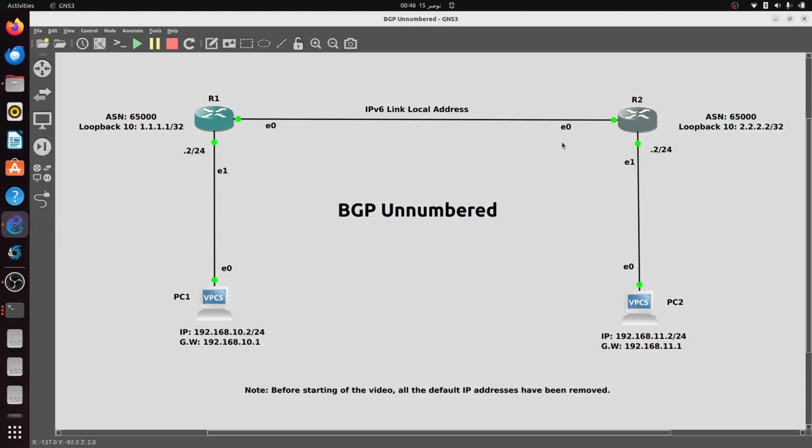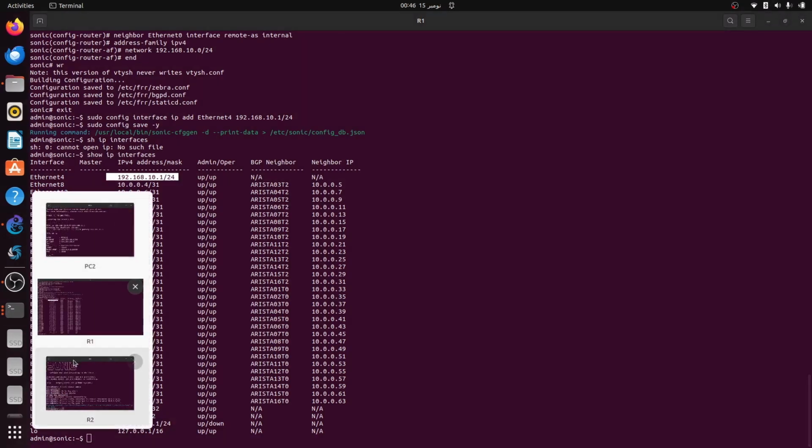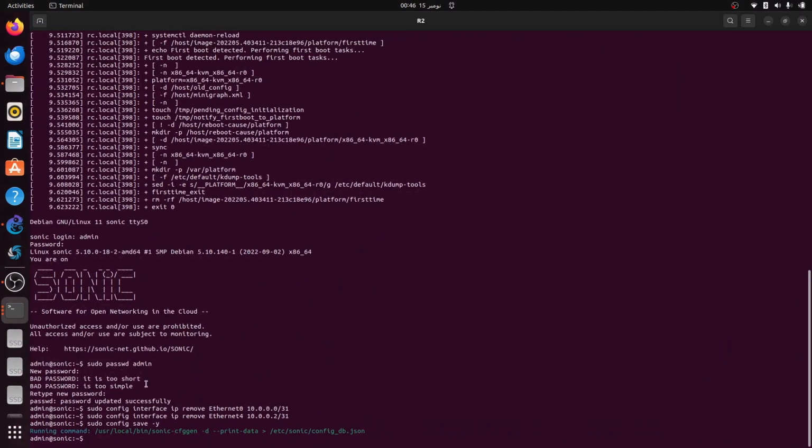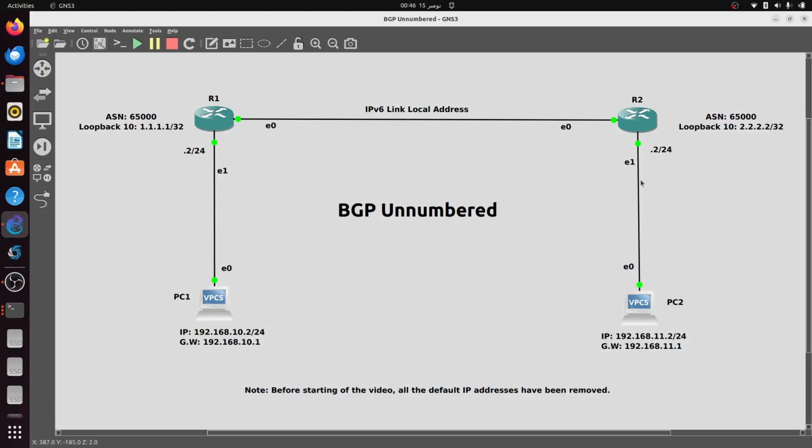Now I will go into router R2 and repeat the same steps here. Here is R2. Here we can see that before starting the video all the default IP addresses have been removed. But here I will assign an IP address to this port Ethernet4 first,